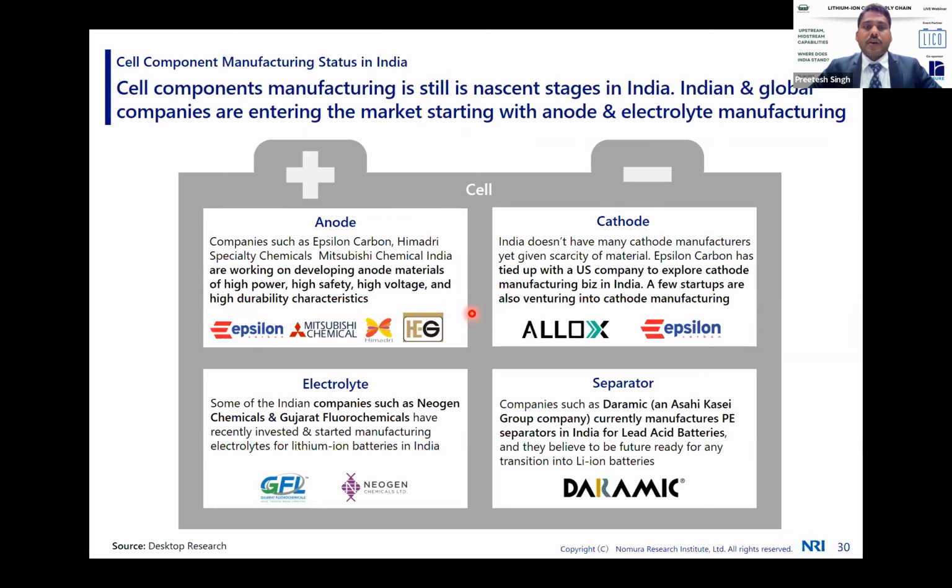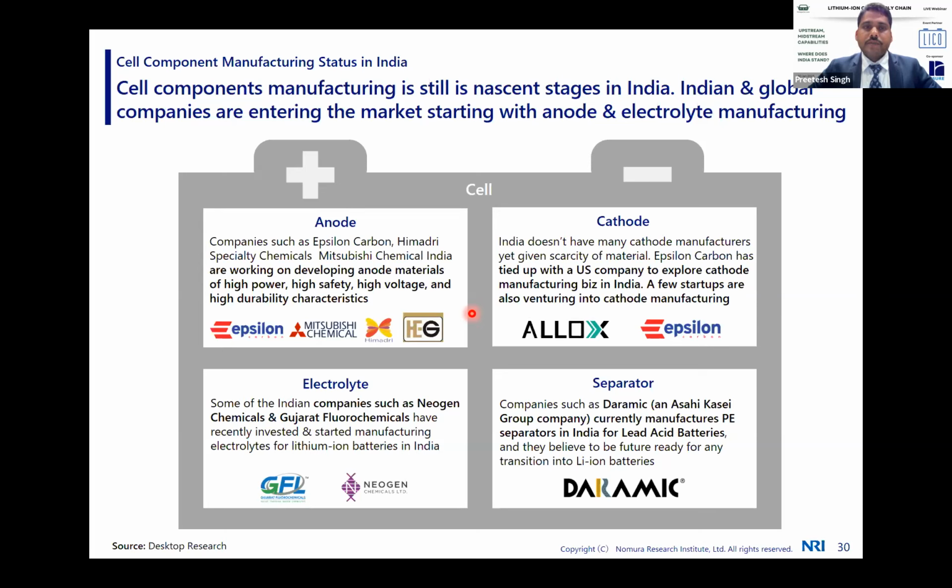Materials constitute around 40% of a battery in general. And currently India has a very limited presence in any kind of material. But if India targets to achieve 60% of the value add, then we need to localize